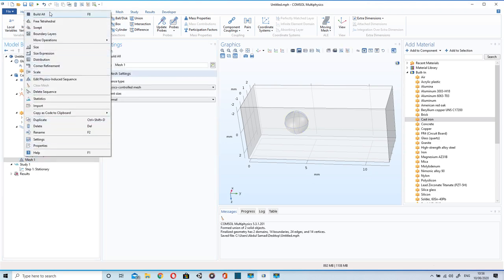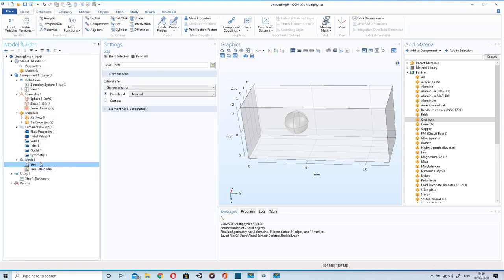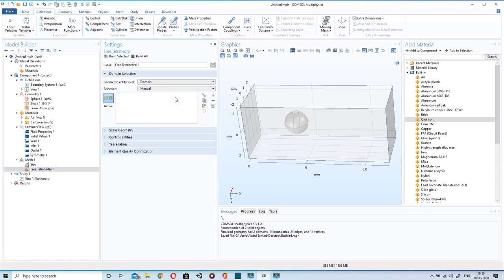After that we will mesh the geometry. We can use free tetrahedral meshing. I will do coarse meshing. Let's see what kind of mesh it makes. For domain, I'll select this domain.